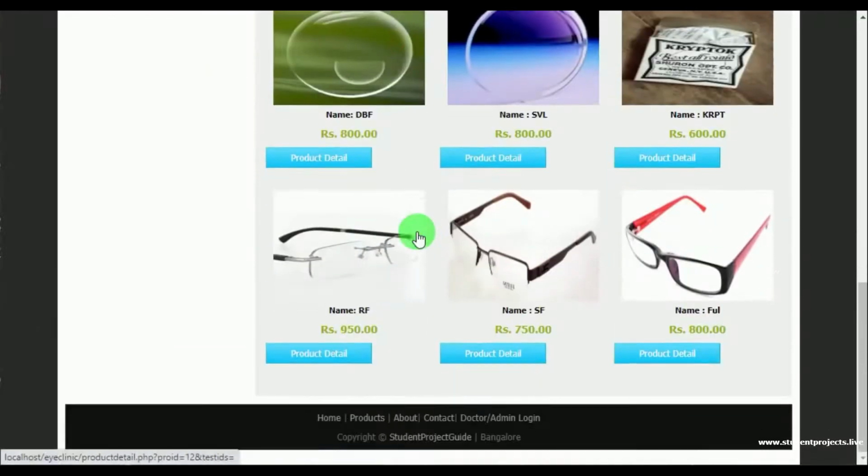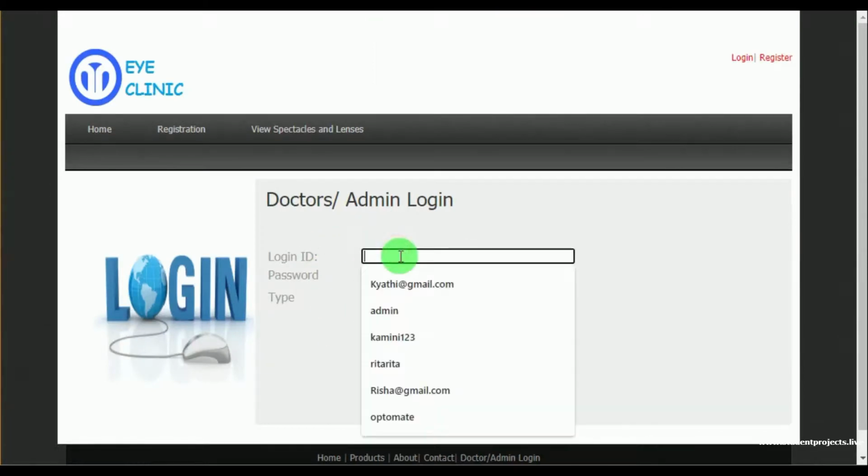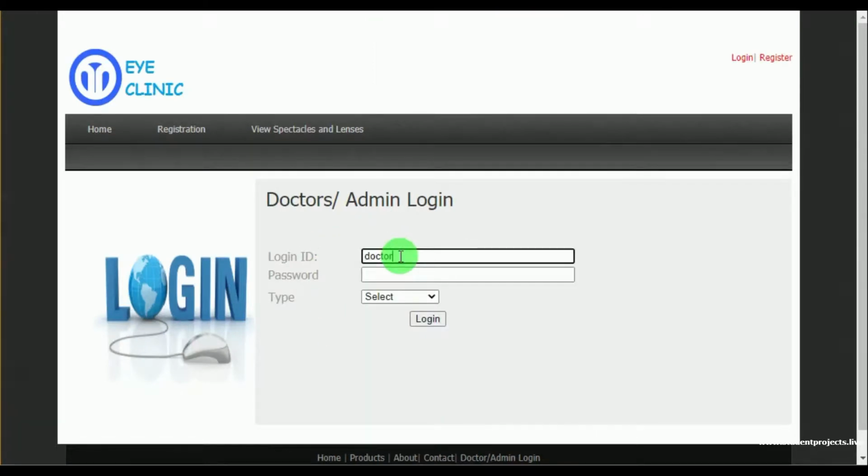Now let's log in as doctor. Doctor must log in by mentioning their login ID and password. They must also select the type as doctor.